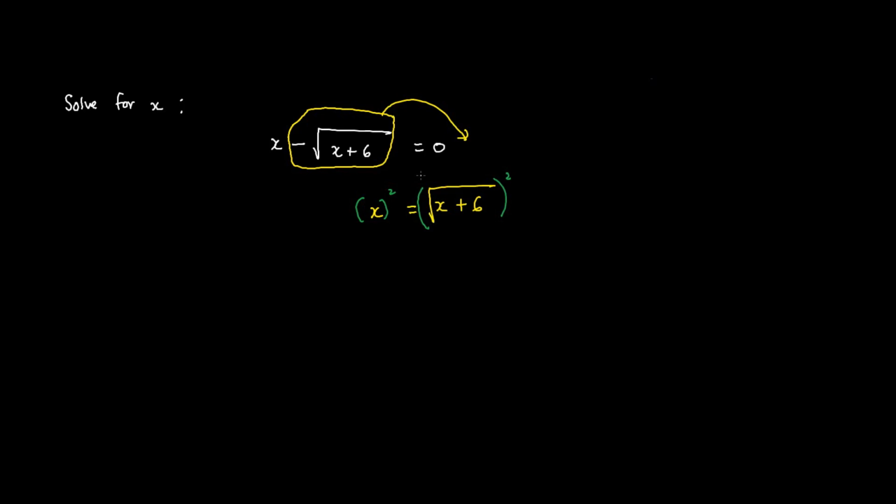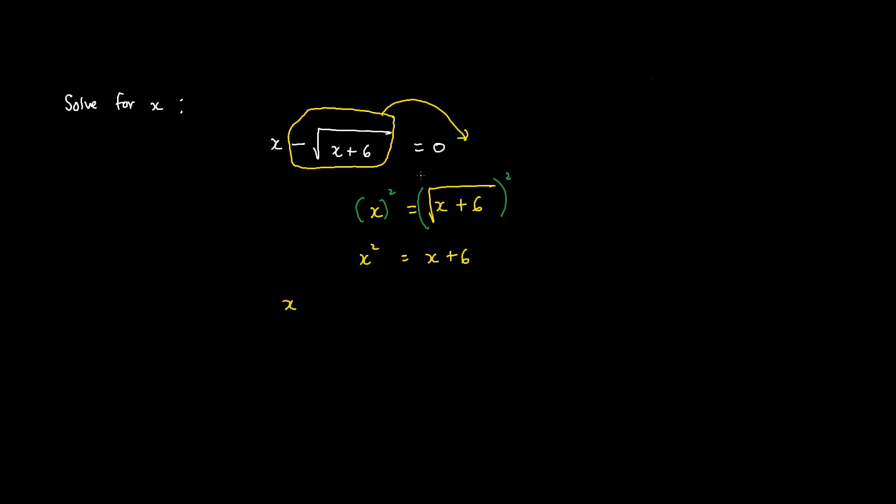Whatever I do to one side of the equation, I have to do to the other side as well. So what am I left with? I'm left with x squared is equal to the square root, and the square and square root undo each other. So that is x plus 6. Right now I can get all my variables to one side of the equation. I can see I might have to